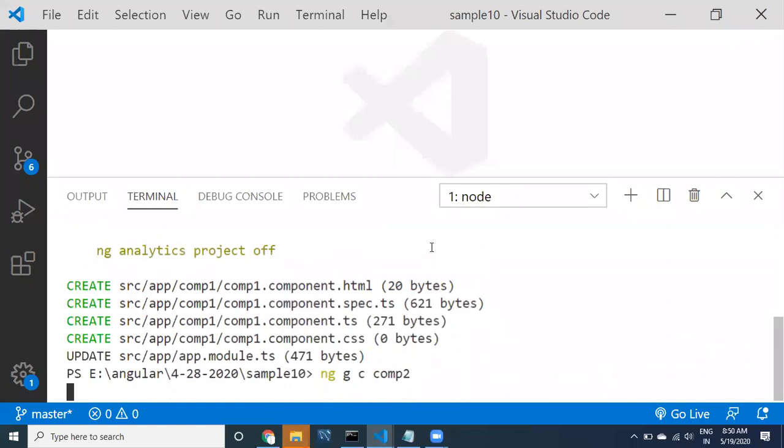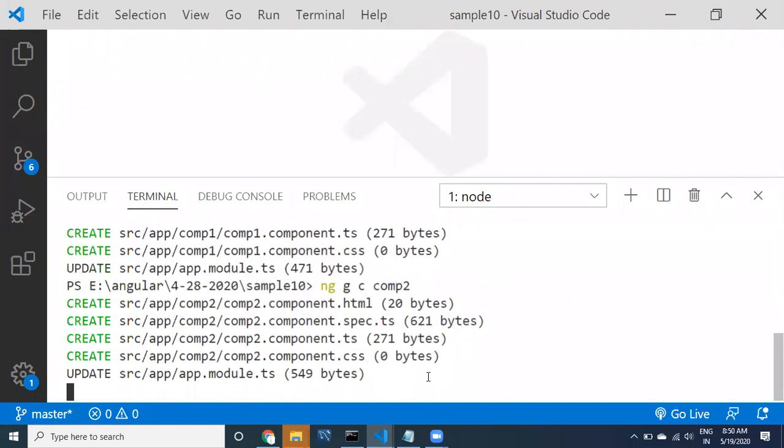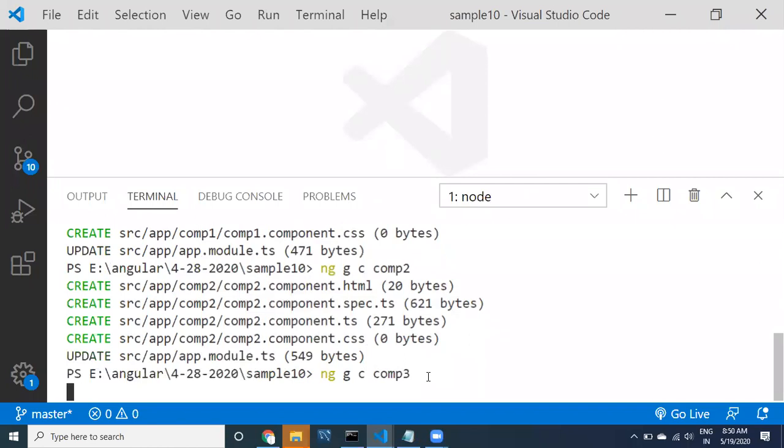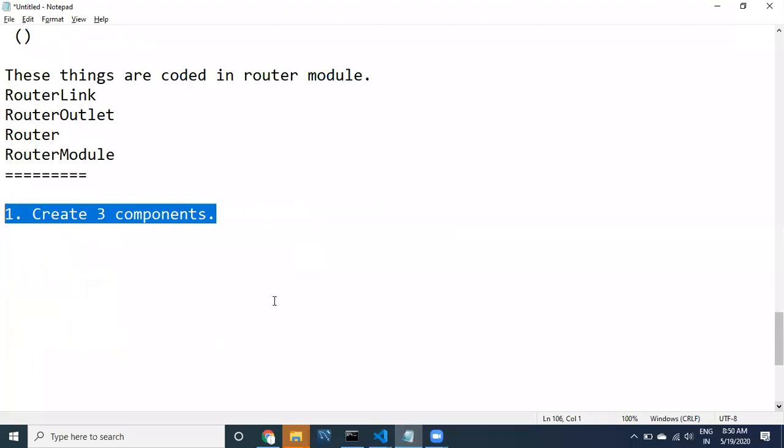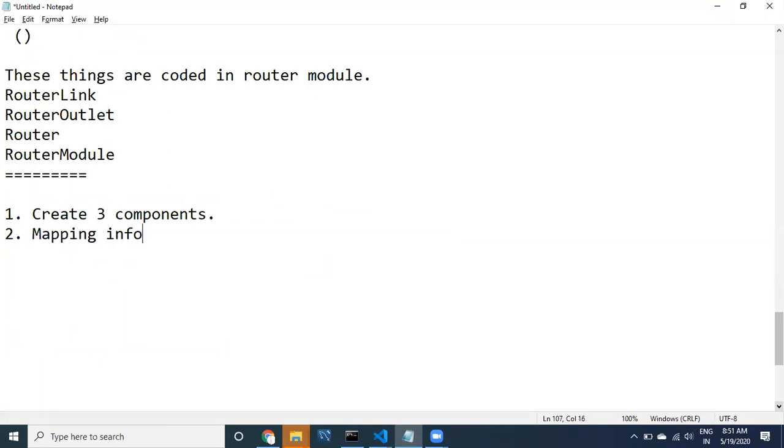See here, guys, I'm creating component 2. Next I'm creating component 3. So three components I have created. That is the first step. Now provide the mapping information.